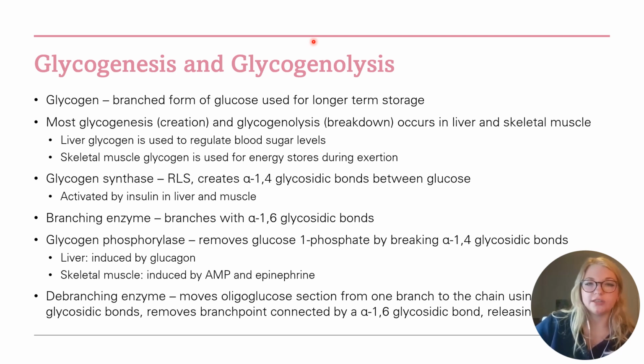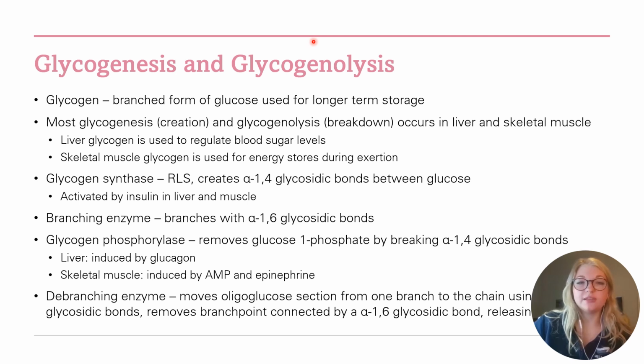Similar to glycogenesis, glycogenolysis also has two main enzymes: glycogen phosphorylase and debranching enzyme. Glycogen phosphorylase removes single glucose 1-phosphate molecules by breaking its alpha-1,4 glycosidic bonds. In the liver, this enzyme is induced by glucagon, indicating that blood sugar is low and glucose is needed, and in skeletal muscle it is induced by AMP and epinephrine, both of which indicate a need for usable energy in